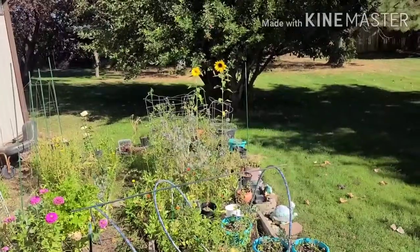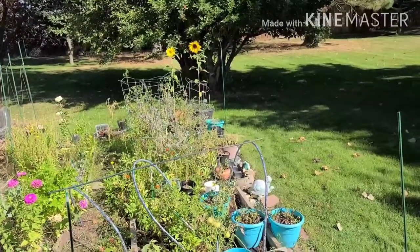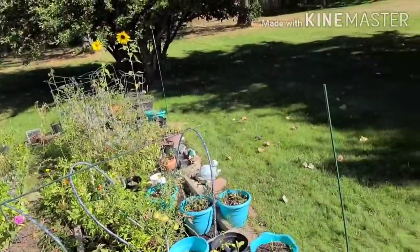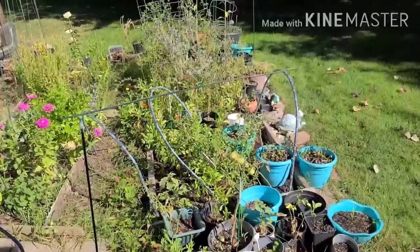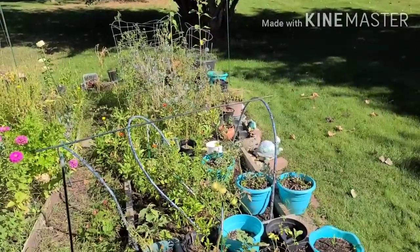Yes, like I said in my last video, the garden is slowly winding down. Last night it got down to 38 degrees? So I'm in the process of working on my little hoops so I can get things in there covered up. There's peppers and tomatoes in there